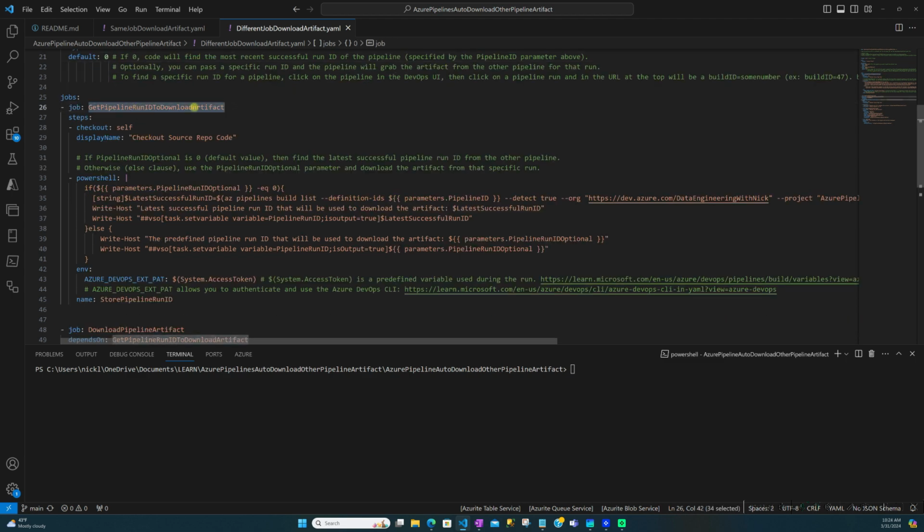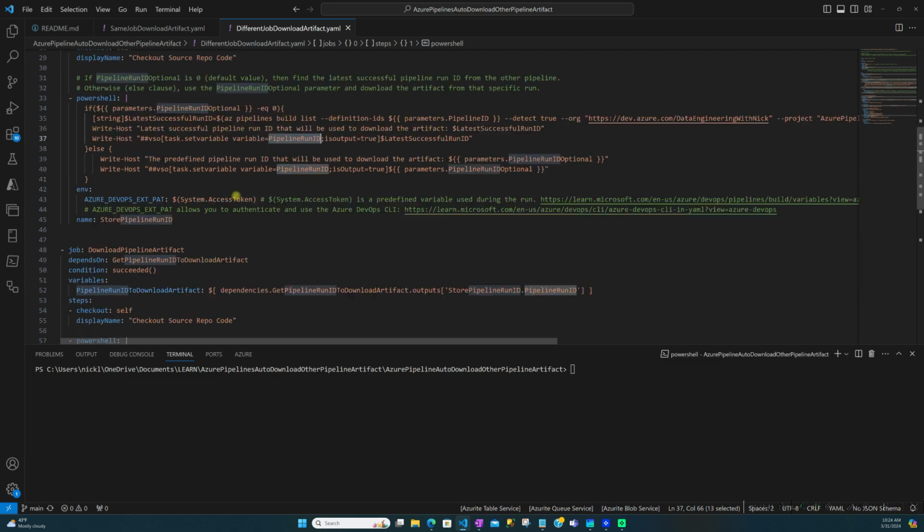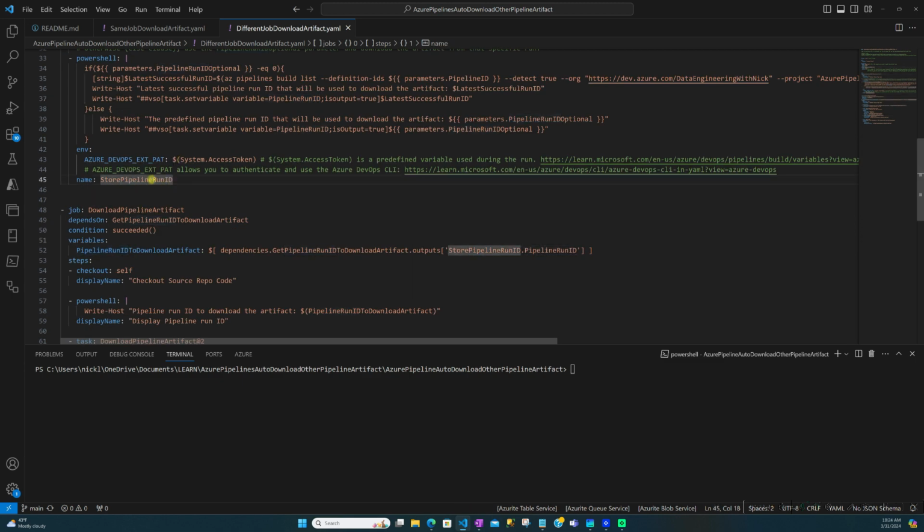So I have this pipeline run ID to download artifact, okay? Exact same if condition, okay? And I put is output equals true. That's really important for multiple jobs. In our original example, in the single one, you don't have to put is output true, but I like to do that, just to make it consistent. Again, pipeline run ID. But then I do the same thing. I store it as this,